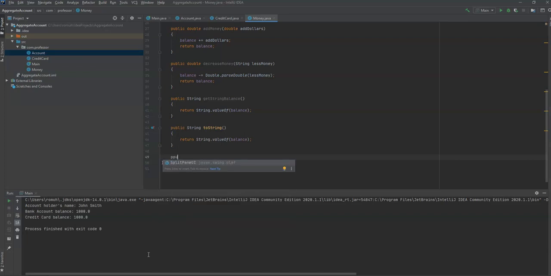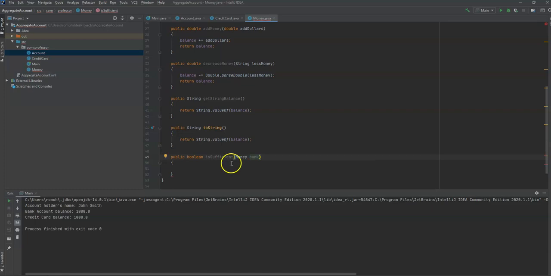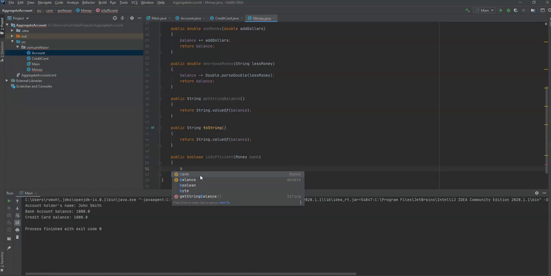So we'll create this method, and we'll return a boolean, either true or false, and we'll say isSufficient is the name of the method, and then we'll say that it'll take a money class, we'll call the variable bank, and what we'll say is we'll create a boolean variable, we'll call it sufficient,